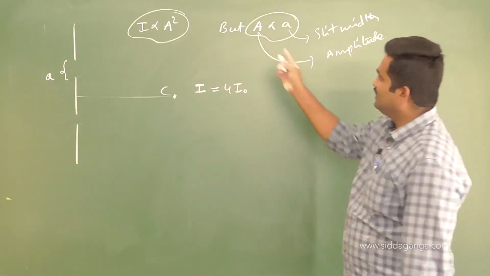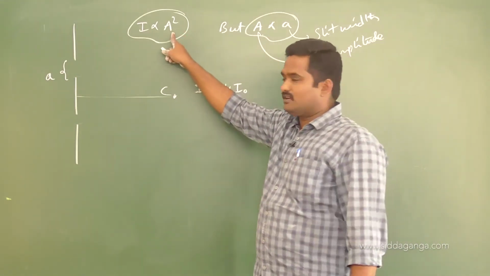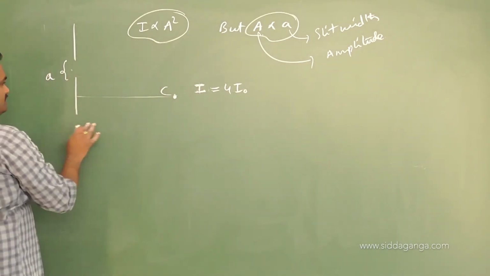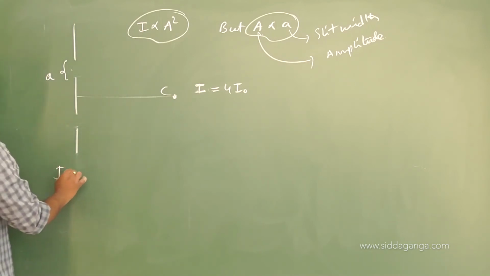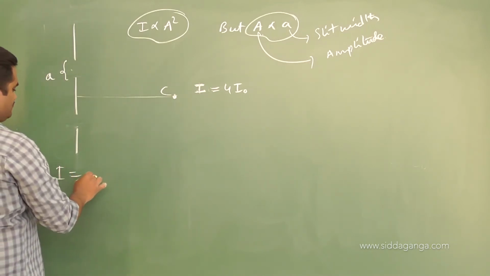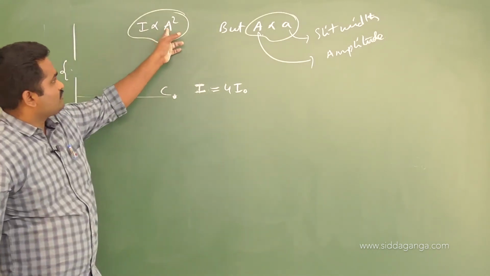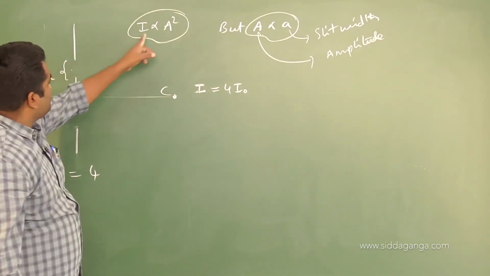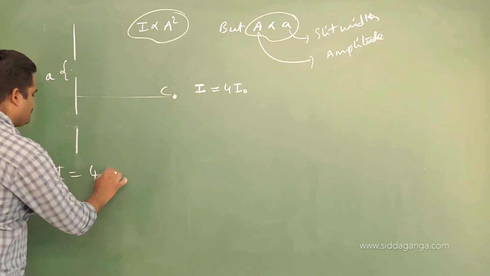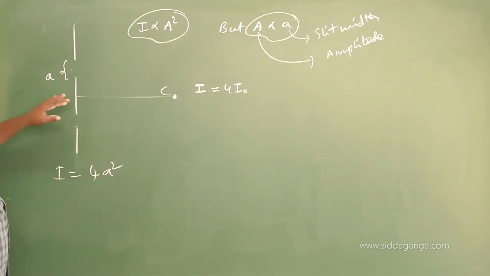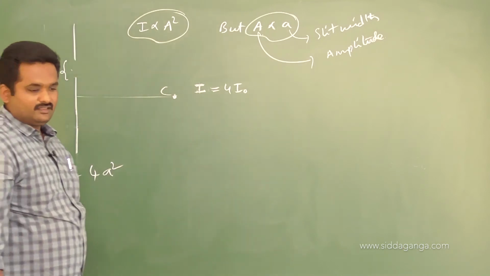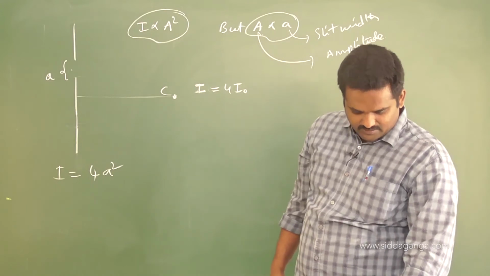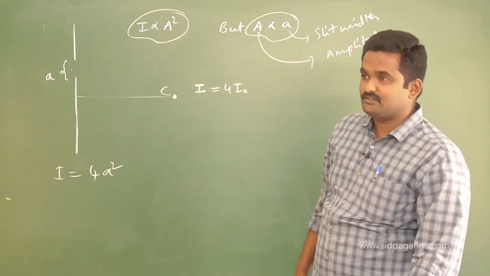If you are going to double the slit width, amplitude is going to be doubled, and intensity is proportional to the square of amplitude. So when both the slits are there, what is the intensity they are saying here? I is nothing but, see, intensity is going to be quadrupled, it will be 4 into I naught. Each intensity is A square, so that means I can write 4A square. But if one of the slits is closed, at the same spot, then what happens to the intensity at that point?